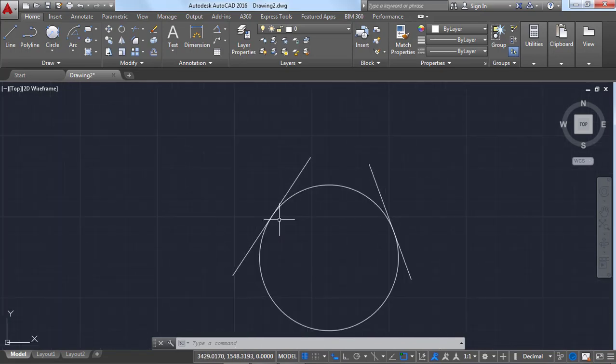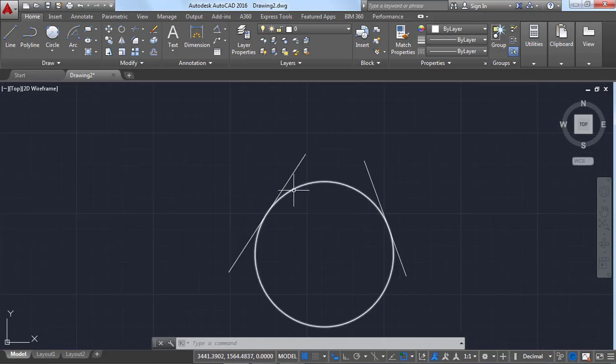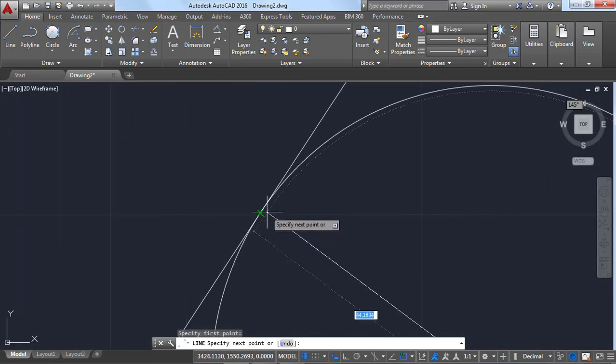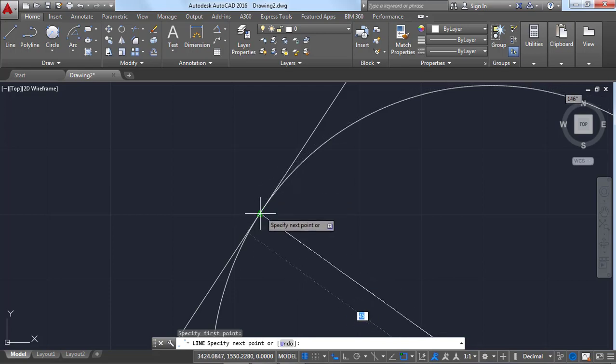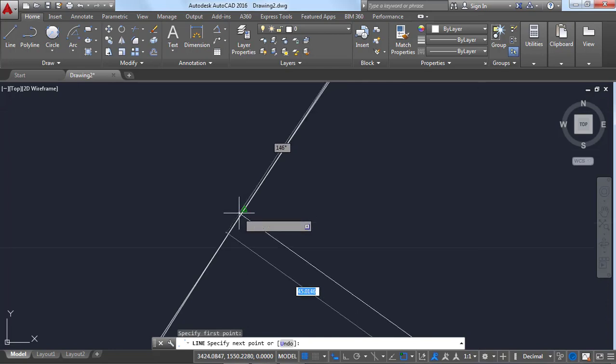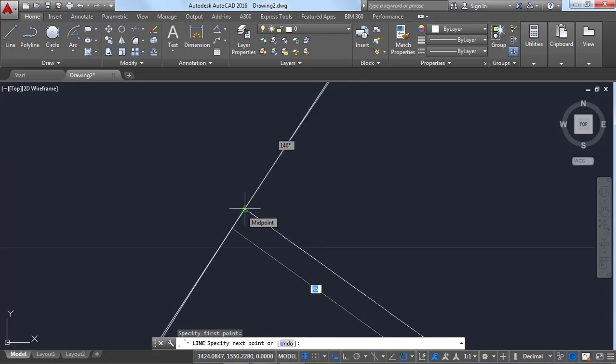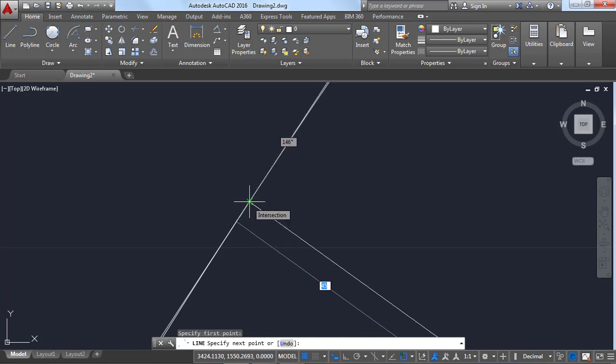So in geometry, to analyze whether this line is a tangent to that circle, a condition should be satisfied. So with the help of the line command, click on that. So here we can see a center, that is the center of this circle. From the center of this circle to this point, this is the intersection point where the tangent and circle meet. So here we can see 2 points, one is the midpoint of this line. Here we can see a triangle symbol, that is the midpoint of the line. We don't want to pick this midpoint. We need to pick the point where the line and the circle meet, that is the intersection point. We need to click on that point.